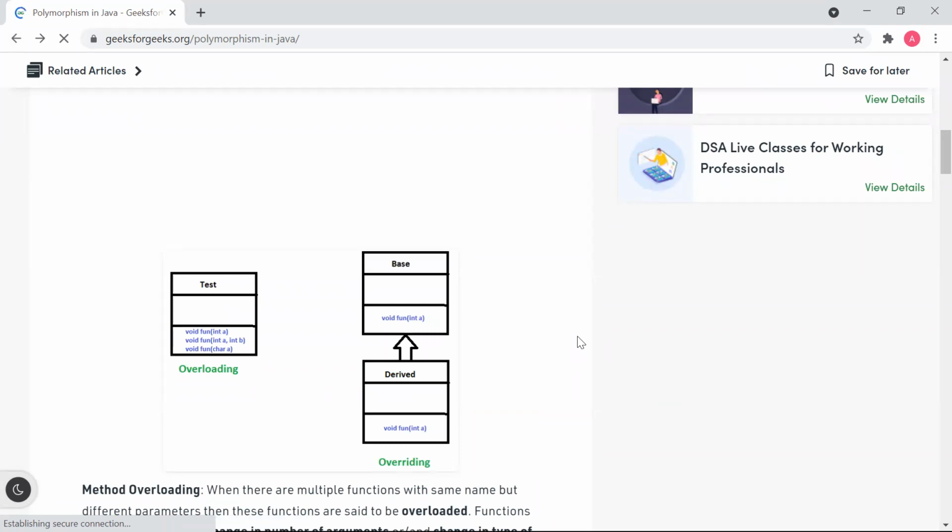What do you mean by polymorphism? From the name only it is clear. Let me write it down here.